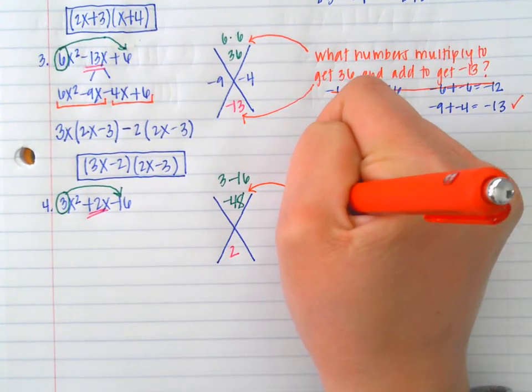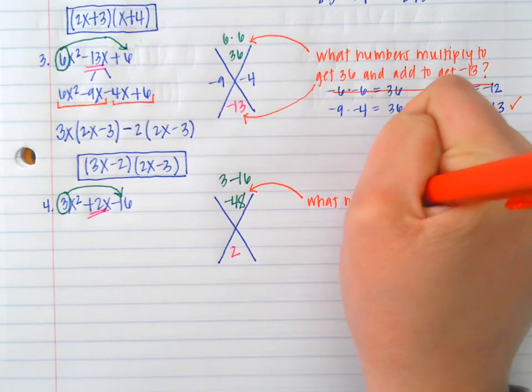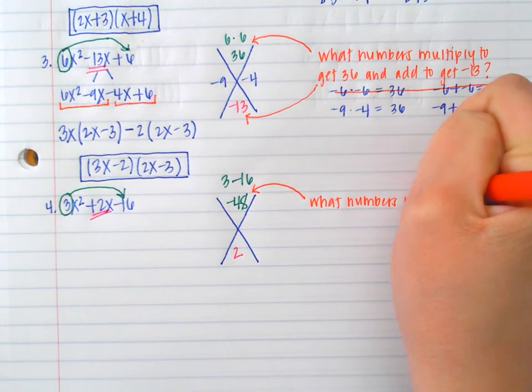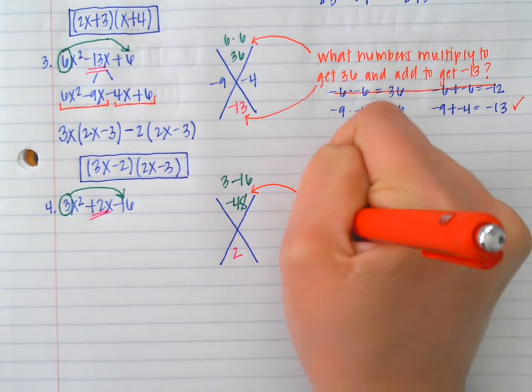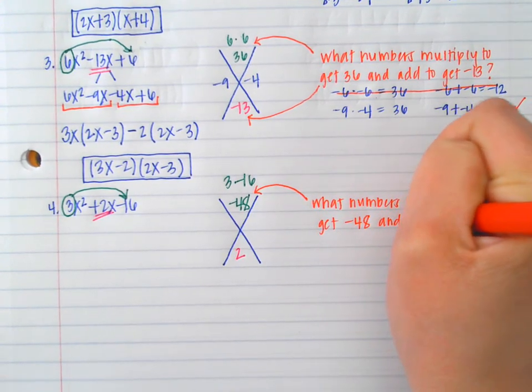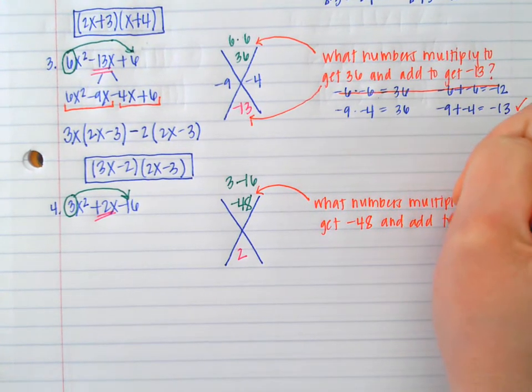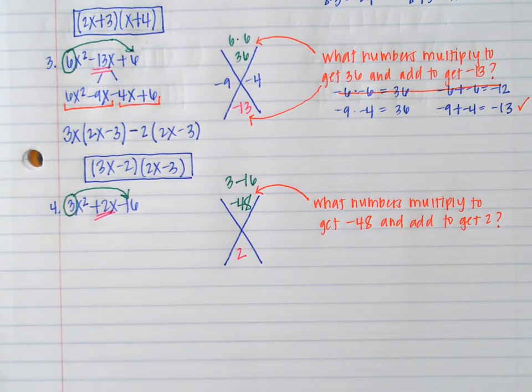What numbers multiply to get negative 48 and add